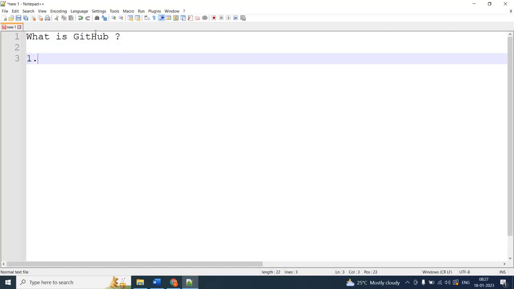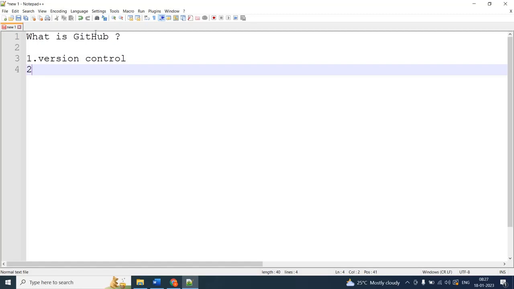One is version control, another is Git. In this session, I will first explain these two principles, then we will dig more into GitHub